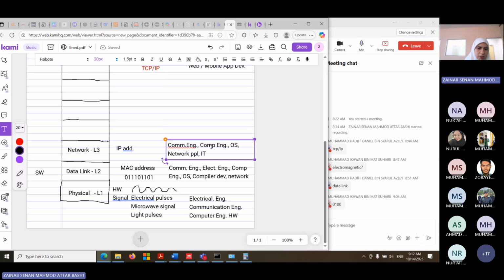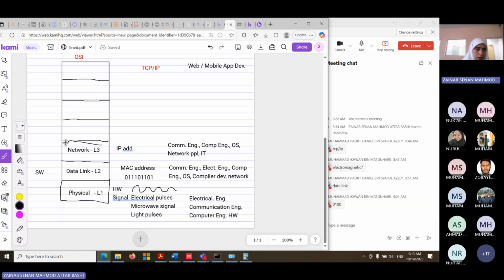Okay. Who else? I'm not sure. Maybe there are some other people who should study this one, but you can see now the idea of layering. When we make it like that, now I want to specialize in networking. So this is my field, only this one. I don't have to go elsewhere, and this is where I work. However, since layers are not real layering, they are just logical ones, they're affected by what's below them and what's above them. That's why in networking classes, we have to talk about data link and we have to talk about the next one. What is the next one?